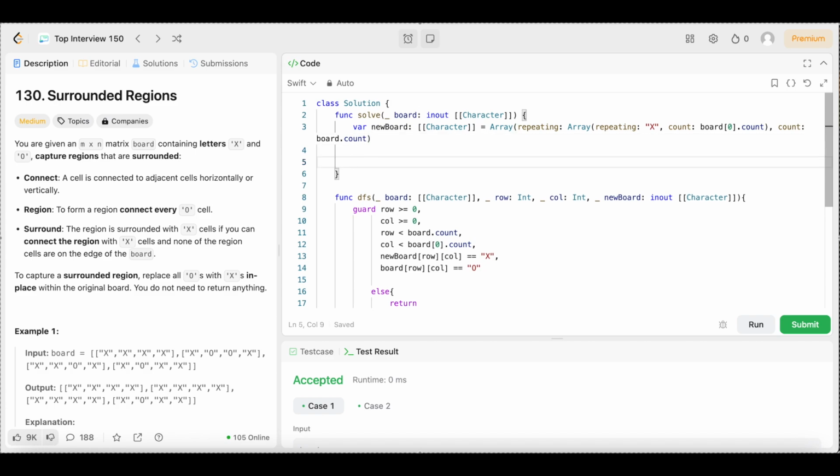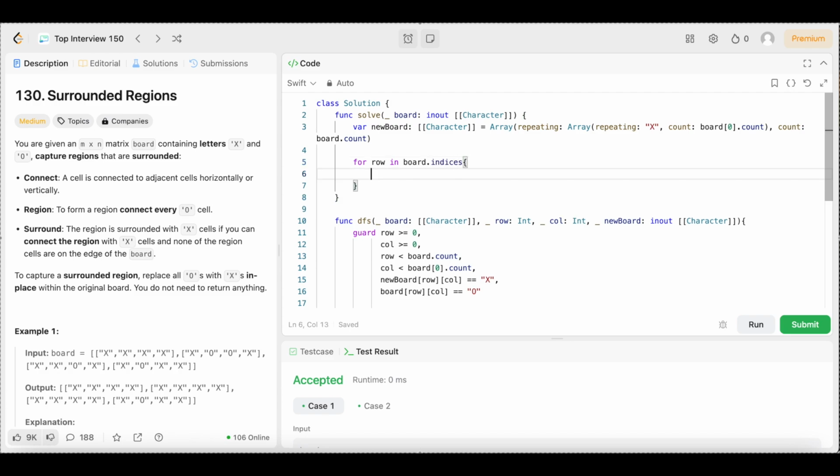We're going to say for row in board.indices, open up the brackets. We're going to say for col in board[row].indices, excuse me y'all with my spelling, where, open up the parentheses, col